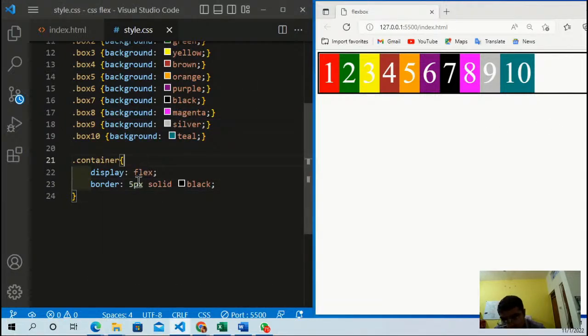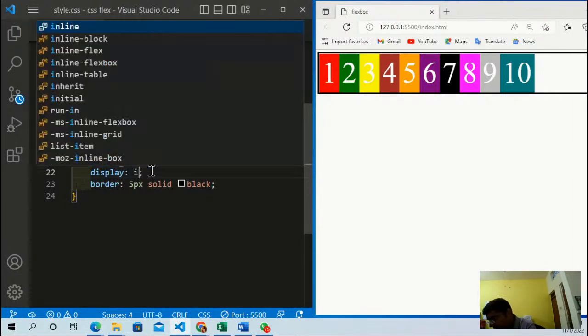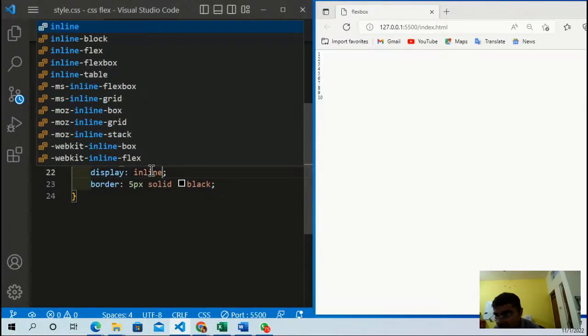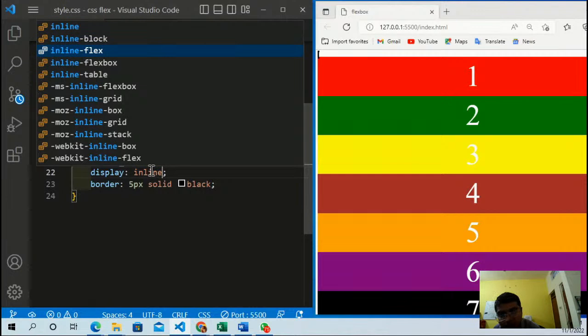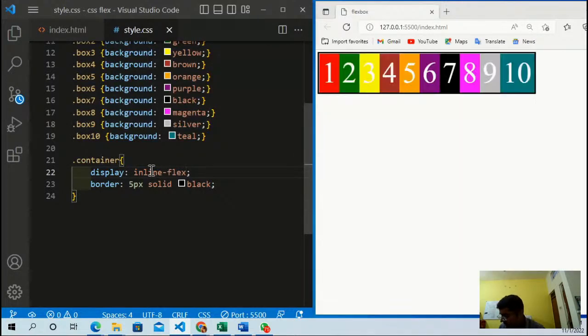We will be using inline flex, and in this inline flex the border ends where the item ends. This is the beauty of inline flex. This is helpful while creating headers or footers. Now let us change this back to flex,